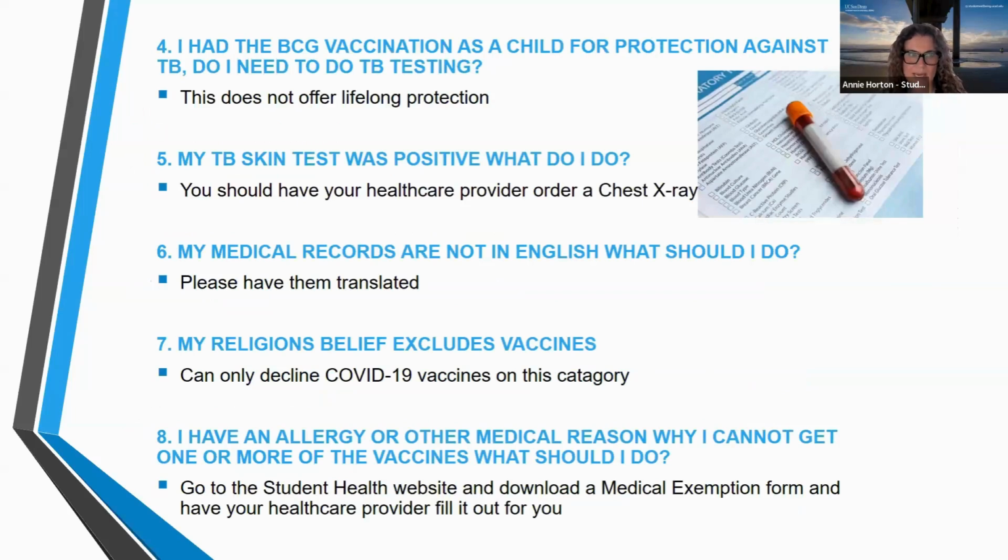Some people have had a TB vaccination as a child called a BCG vaccine, and many folk ask if they still need to get TB testing, and the answer is yes. It doesn't offer lifelong protection, nor does it protect against latent TB, which is an inactive form that still is recommended that be treated. If you've had a BCG vaccine, you'll have a little indentation on your upper arm,